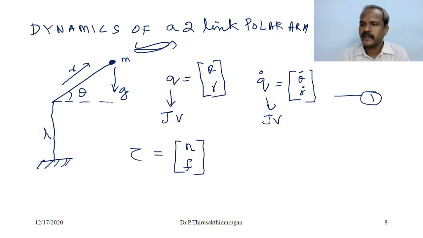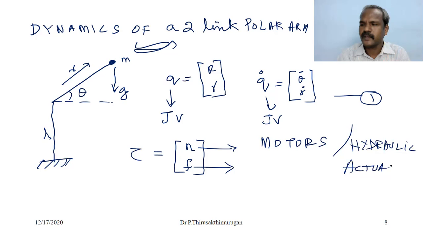The torque N and force F may be provided by either motors or hydraulic actuators. So this N and F are provided by either motors or hydraulic actuators. Clear? Hydraulic actuators. To determine the arm dynamics, we must know